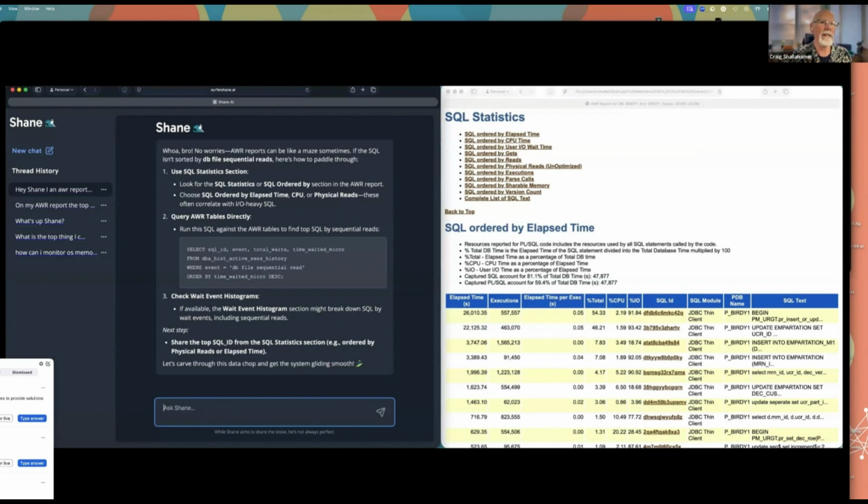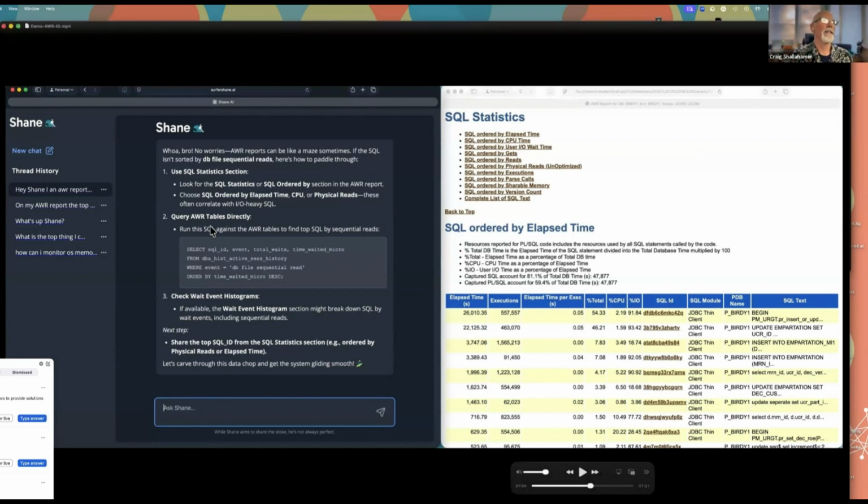Well, Shane's kind of helping us out here, okay? He tells me, no worries. Since we don't have DB file sequential reads as one of the categories in the AWR report, I'm basically asking which one of these can I use? And sometimes he actually gave me the SQL to pull the data directly out of the AWR tables,